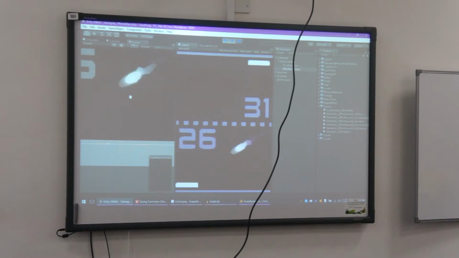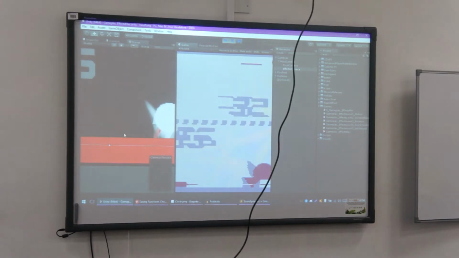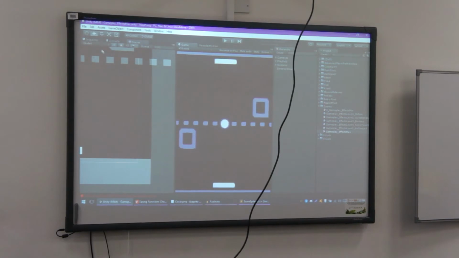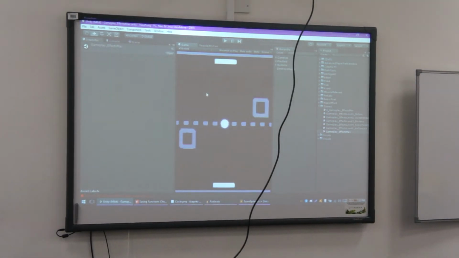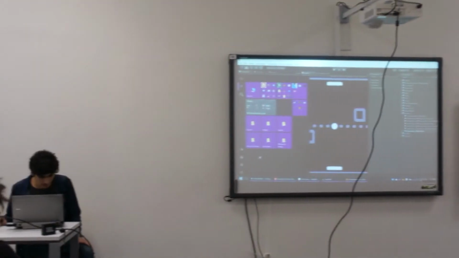And when it appears, it also scales, it also tweens the scale of this object. So yeah, this is basically the project. Try to find what works best for your particular game. This was just Pong. So let's look at some games